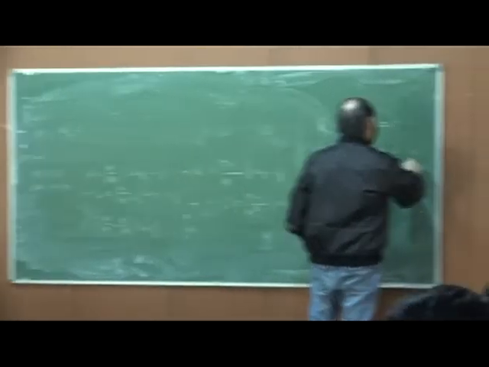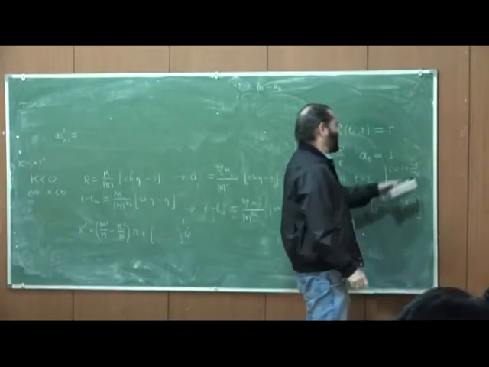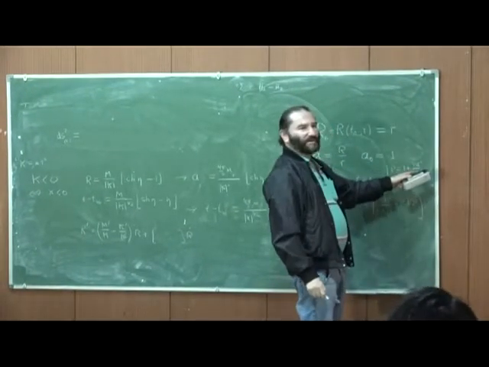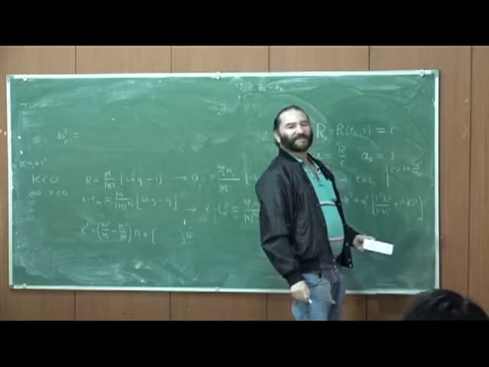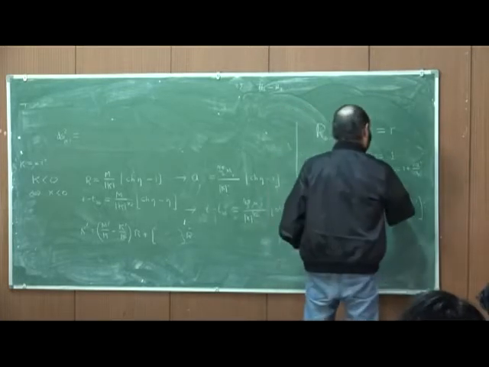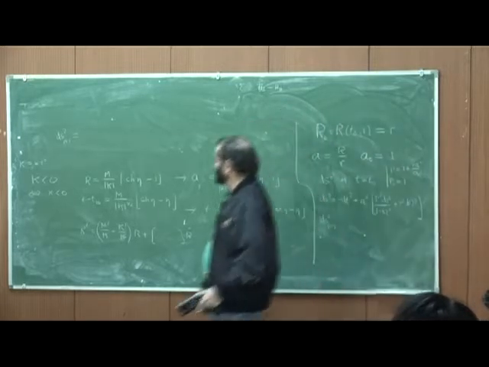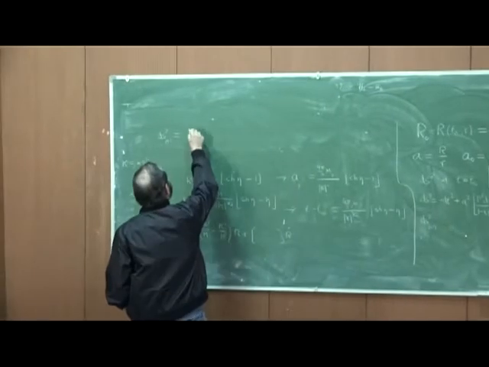Gamma is 1 plus R A prime over A. And if A0 is 1, what is A prime? 0. So gamma 0 is 1. So the metric becomes